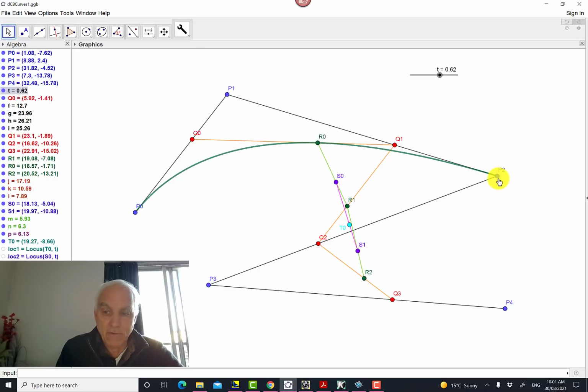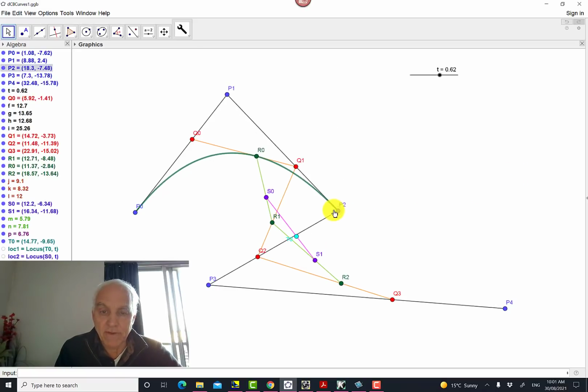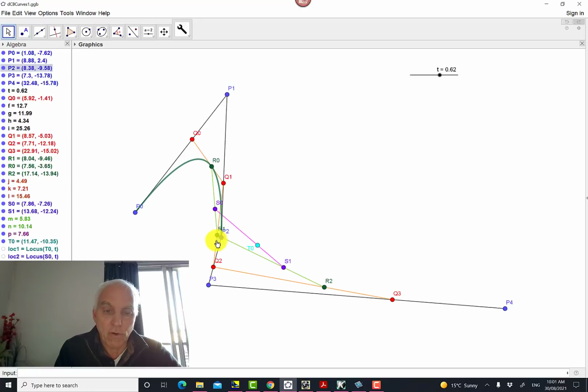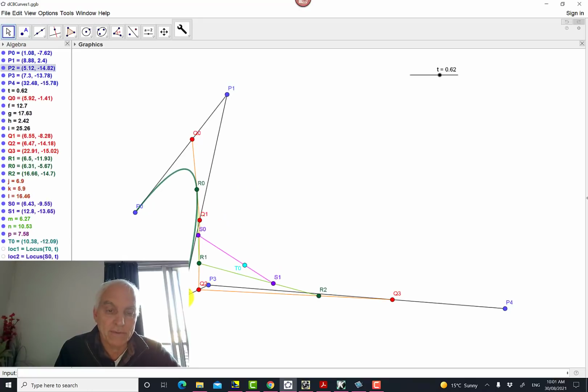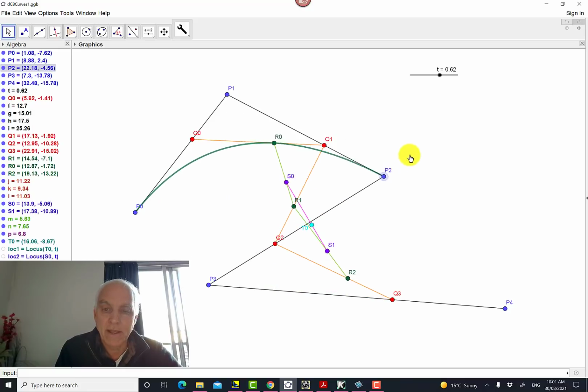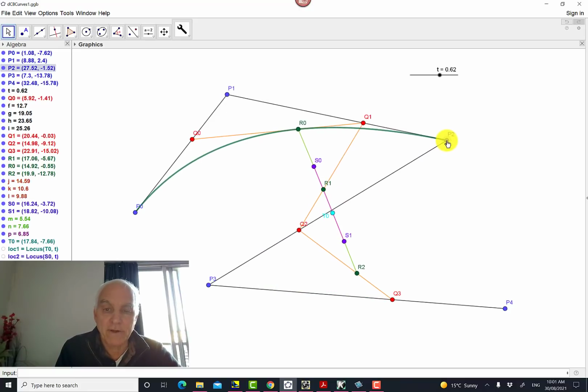It's actually a quadratic curve, which in fact is part of a parabola. And of course we can move this around. We can move these things around. So maybe this looks more like a parabola, something like this, right? Recognize that looks like a parabola, and it is. It's given by the same kind of formula: R0 is an affine combination of Q0 and Q1, and Q0 and Q1 are themselves affine or convex combinations of P0, P1, and P2. Let's turn that locus off and go up one more step.